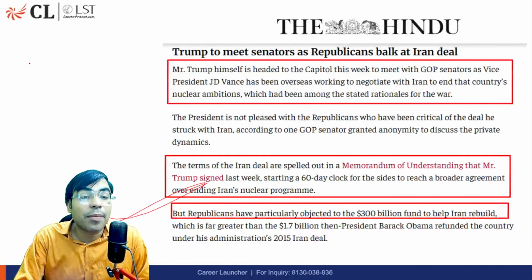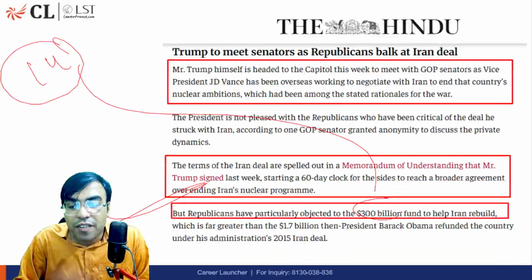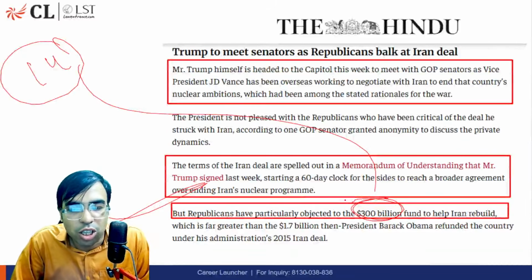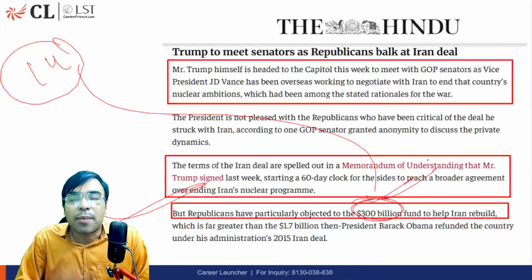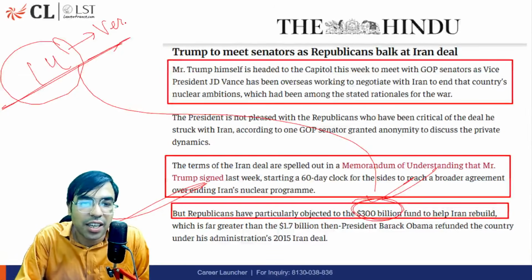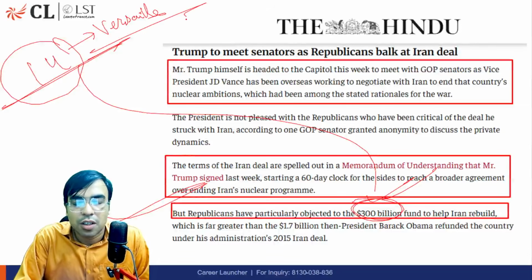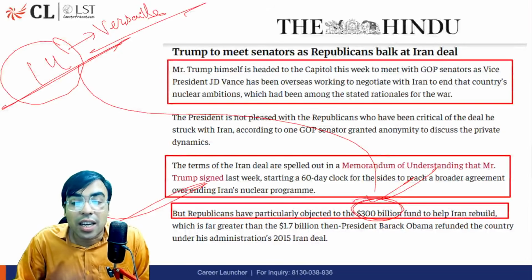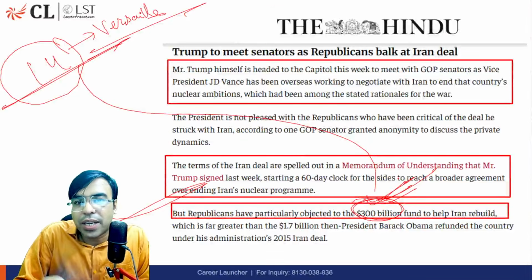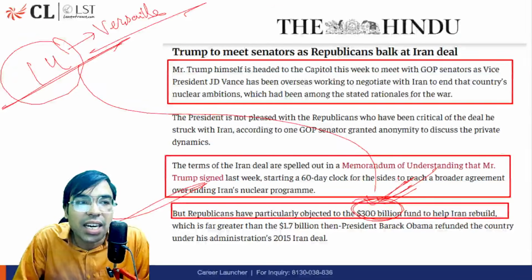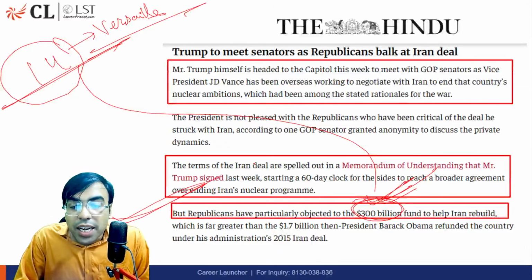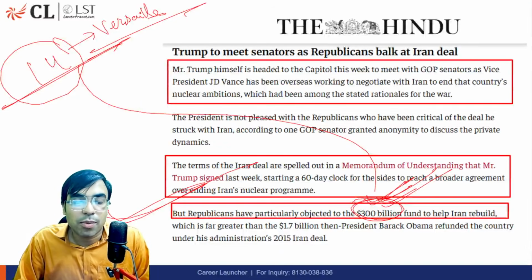Republicans have an agreement in a 14-point deal, under which they had agreed to a $300 billion fund, although it is not very clear whether the US will be contributing to that fund or not. This agreement was signed in Versailles in France. There is no guarantee that America will be giving this fund. It might come from other Gulf countries, and they will try to arrange it from some other place. But the Republicans are not happy that you have promised such a huge amount of money.